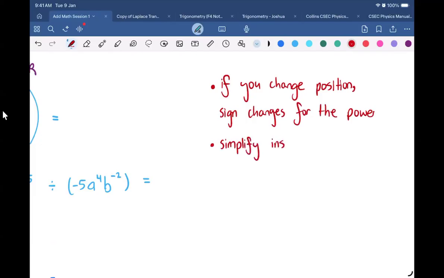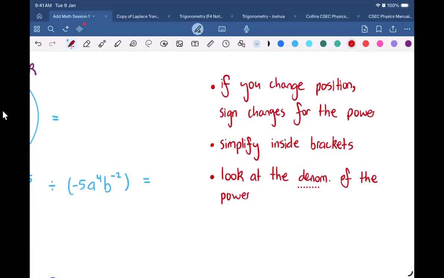You should always look at the denominator of the power and ask yourself if